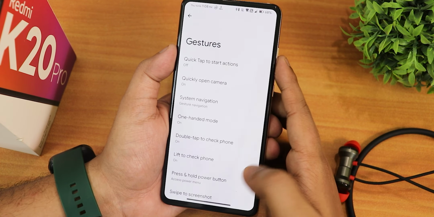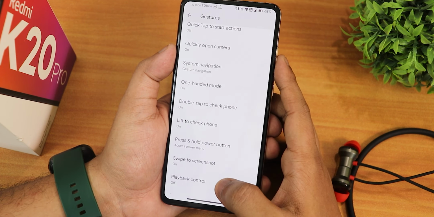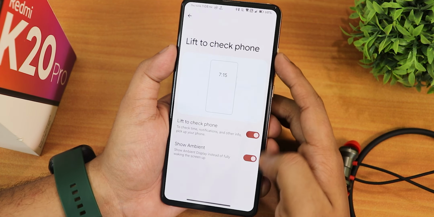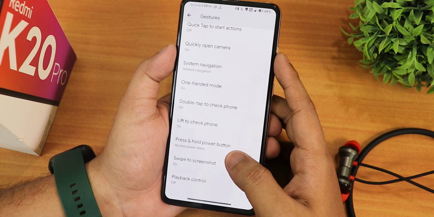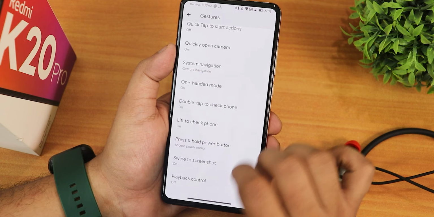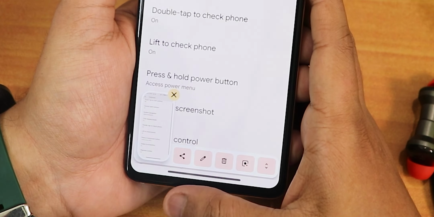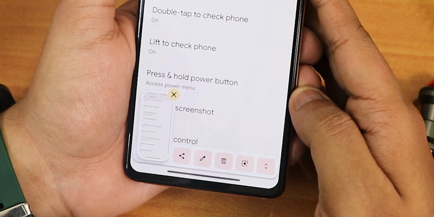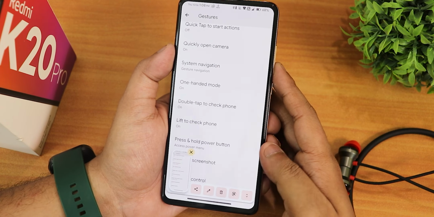One hand mode should be working fine. Double tap to check phone is there, lift to check phone is there, and they are working. I have enabled both of these options. And we have the press and hold power button. You can change it to assistant and stuff. The swipe direct screenshot is also there, and let me show you, it is actually working. There's the share, edit, delete, Google Lens, and the capture mode feature as well. So huge amount of features in terms of the